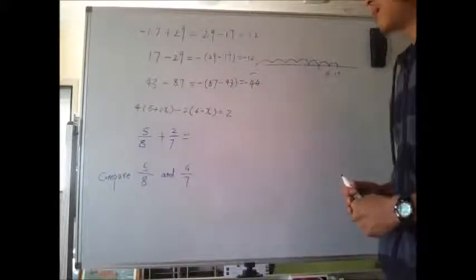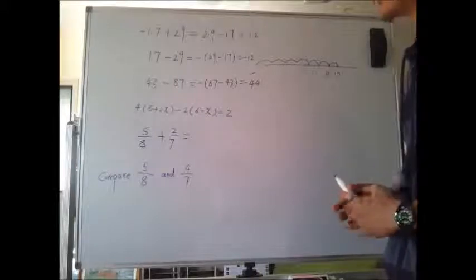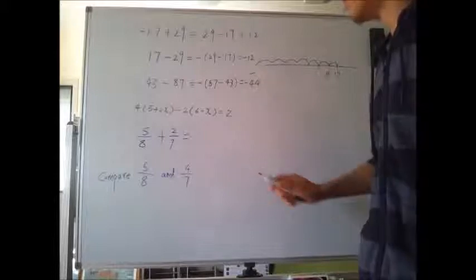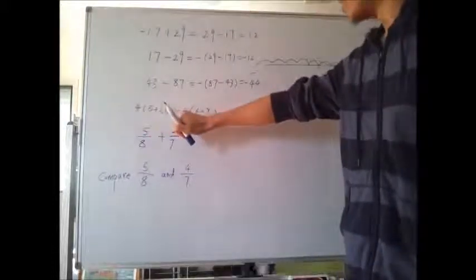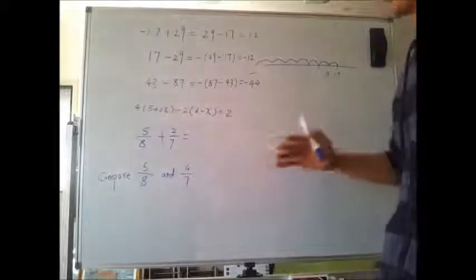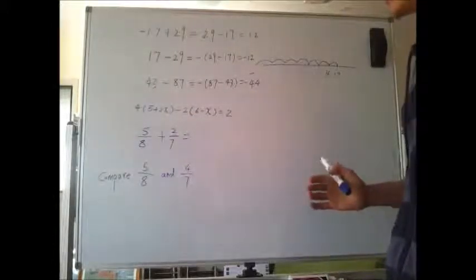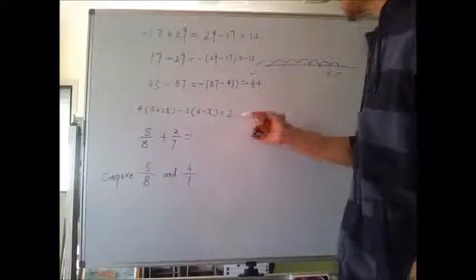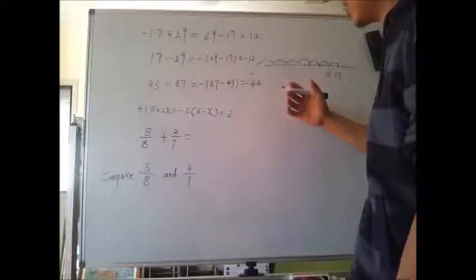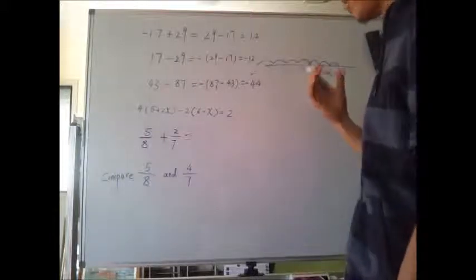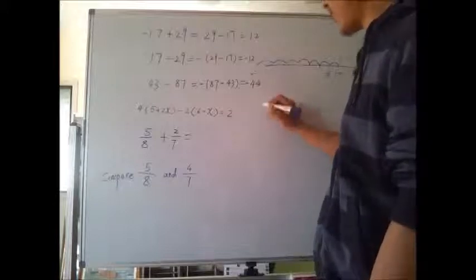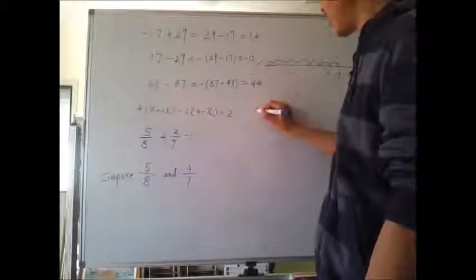Now, let me introduce you a proper way to do this. For a question like this, if there's a negative sign, we can always convert the negative sign into a positive sign and then do the algebra. Let's rewrite this equation and rewrite the negative signs as negative numbers. It's 4,